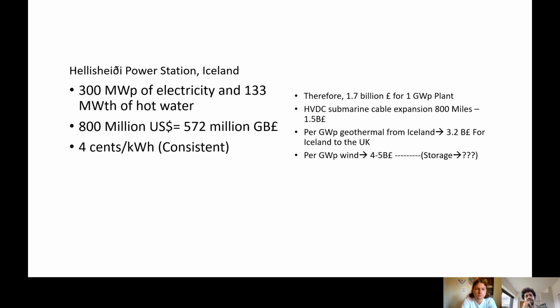I mean, investment cost 800 million USD, which is equivalent to 572 million, I mean, half a billion, a little more billion British pound sterlings, and at the end consumer price becomes 4 cents per kilowatt hour, which is really cheaper compared to the other resources. And look at, here are some